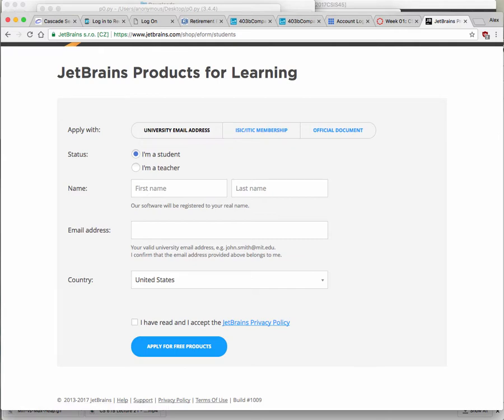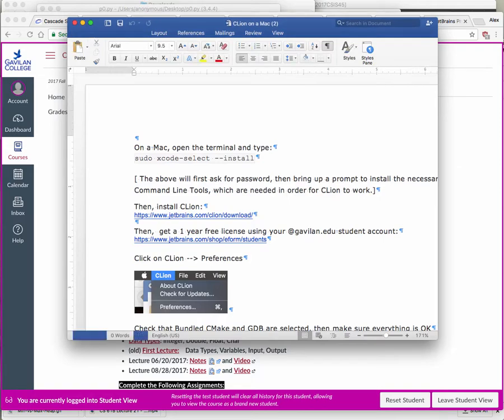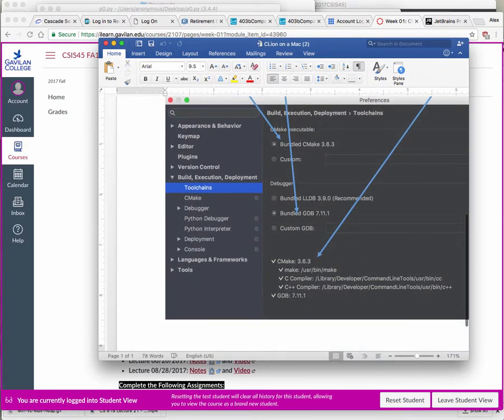So get your license, and then once you get your license, you basically just install CLion. If you're going to be doing this on Windows, it's a little bit more complicated. You have to download and install something else. So I'm just going to assume you're using Code::Blocks if you're on Windows, and you're only going to do the CLion if you're on a Mac. If you need extra instructions, I'm not sure if it's here. Did I put the MinGW instructions? No, that's just the Mac. Yeah, just follow these instructions on how to install this thing on the Mac. Once it's installed,